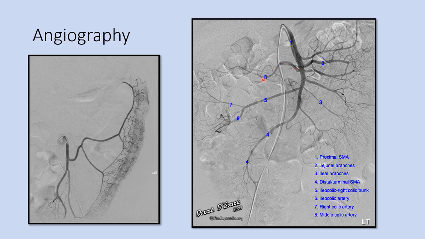These are the right-sided branches and these are the left-sided. These are jejunal and ileal branches, and this is middle colic artery. Right colic and ileocolic arteries commonly have one trunk. This is ileocolic and right colic trunk, which then divides into right colic artery and ileocolic artery. We can also see the catheter which is introduced here, and the first branch, inferior pancreaticoduodenal, is not seen here.